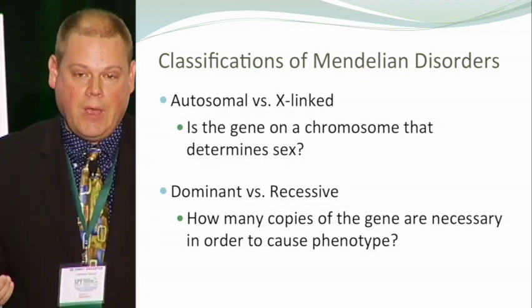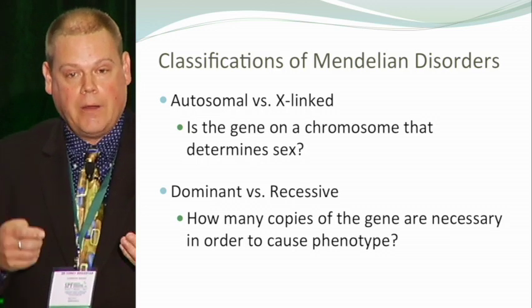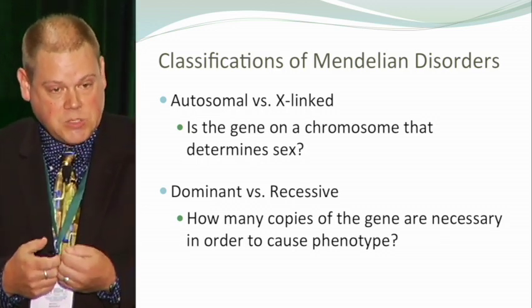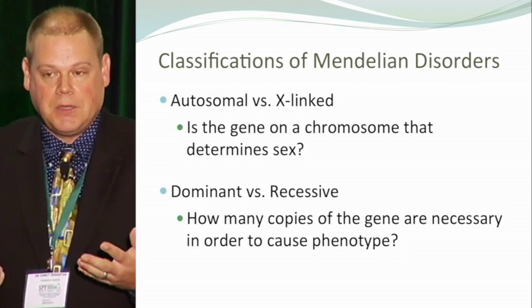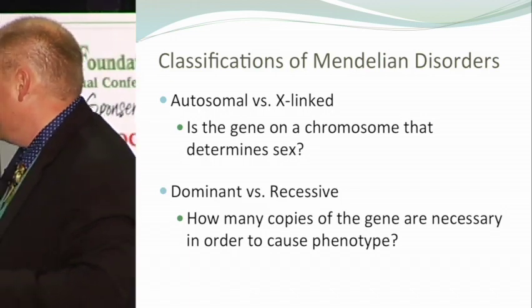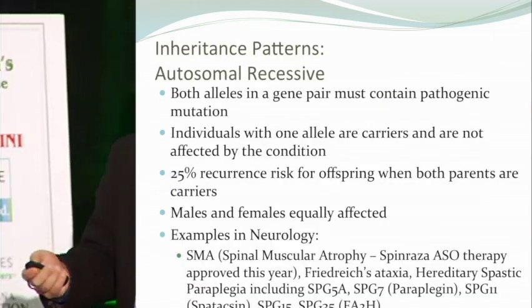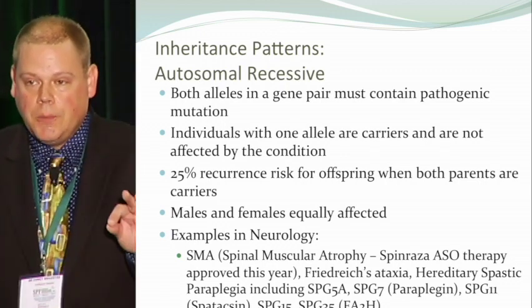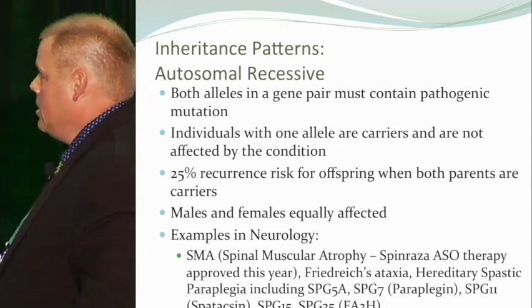If you have a dominant gene that's inherited from one of your parents, you're going to have disease. That's what that means. How many copies of that disease gene do you need in order to show that phenotype? And I'm going to go through that in a lot of detail, okay? So that's the main question, how many copies are needed? I'm going to go to the autosomal recessive situation first because it's a little bit more complicated, and then dominant's going to be a piece of cake. So in this case,